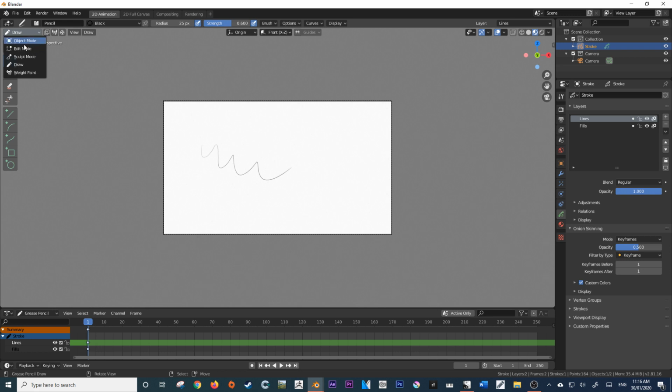There is object mode, edit mode, sculpt mode, draw, which is the current one we're in, as you can see, and there's also weight paint. As a beginner, you will not need to know about the majority of these. The only ones that you will really need to know are draw mode, edit mode, and sculpt mode. And in some ways, you will have to know about object mode, but object mode is kind